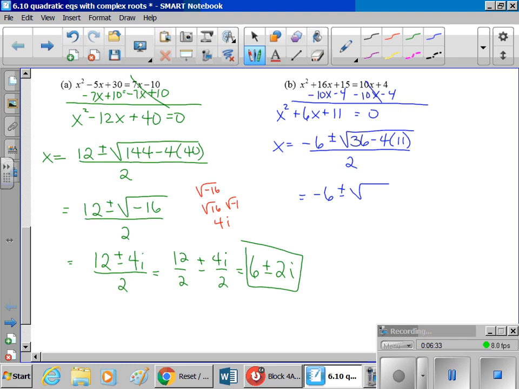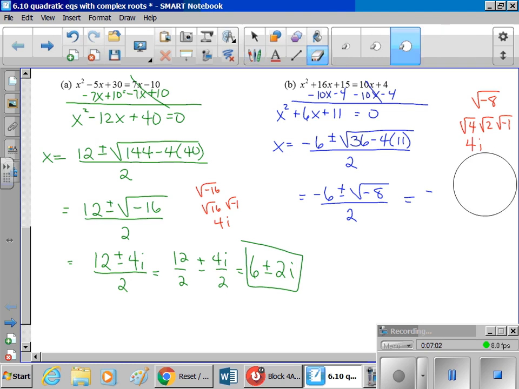negative 8 all over 2, which is equal to negative... now that radical 8, this doesn't come out as nice as the last ones. So the square root of negative 8 is equal to the square root of 4, takes the perfect square out, square root of 2, square root of negative 1. So it becomes 4i,